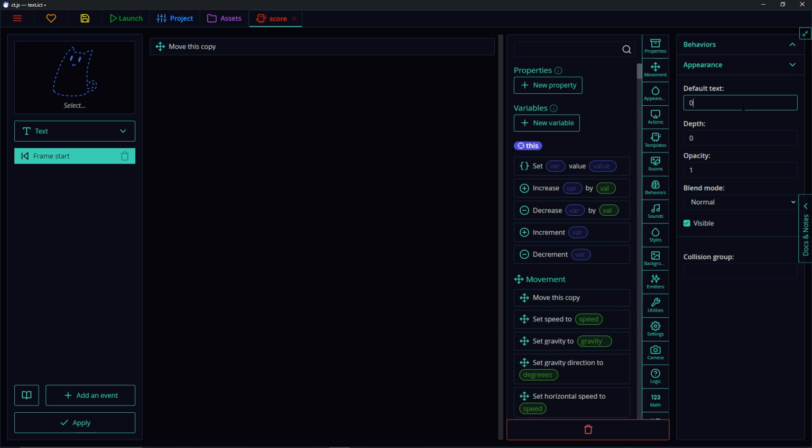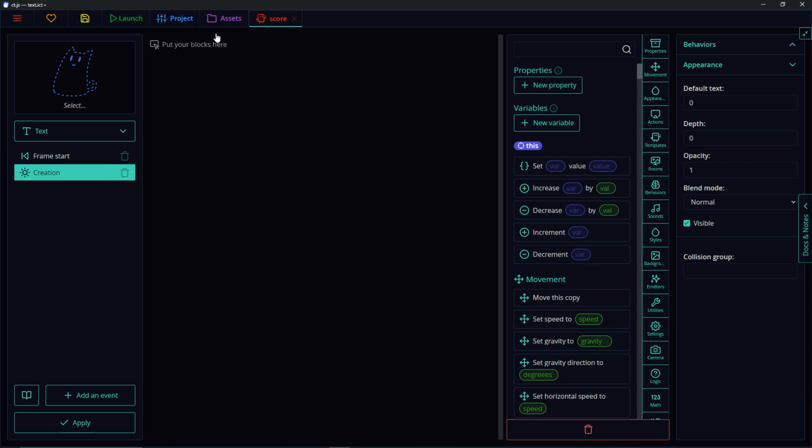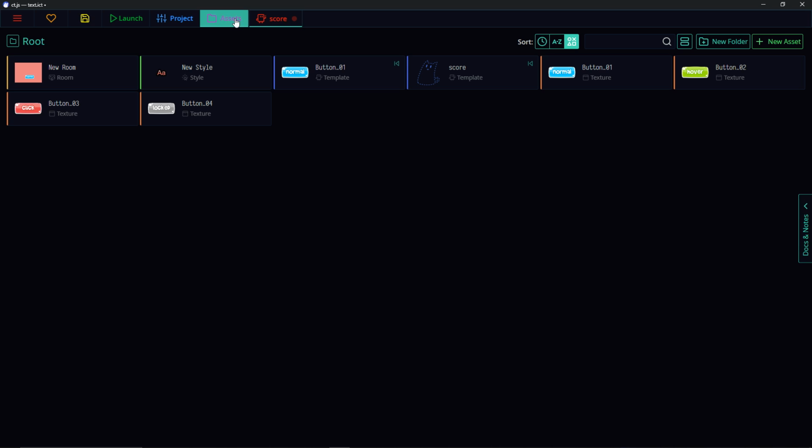And over here you can see we've got the default text. We can just set this to be 0 because we're going to make a counter to change it, because I'm not very original. So we're just going to change the counter when we click, like a clicker game, I guess. I've talked about that previously in a different tutorial like a year ago now, I think. So let's go ahead, create an event, an onCreation event, and we can go ahead to our assets, open up the room,